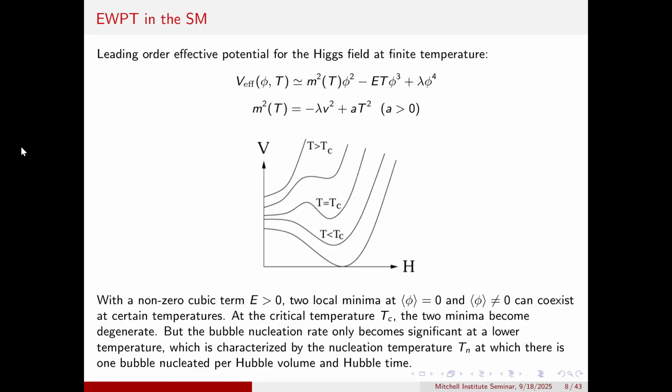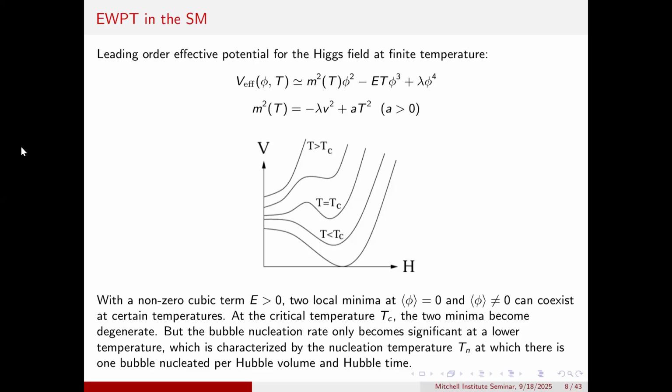And as temperature continues to drop, the minimum at H equal to 0 vanishes, and we are left with only one minimum at H not equal to 0. And this is our vacuum today. Also, I want to mention that at Tc, the two minima become degenerate, but